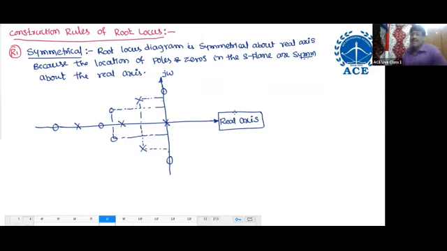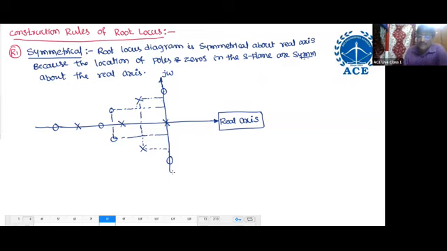But we are not taking any special poles or special zeros for the root locus diagram. For the same poles and zeros, we can draw a root locus, Bode plot, and Nyquist plot. That means all the plots must be symmetrical about the real axis, but they are not. Why? Because